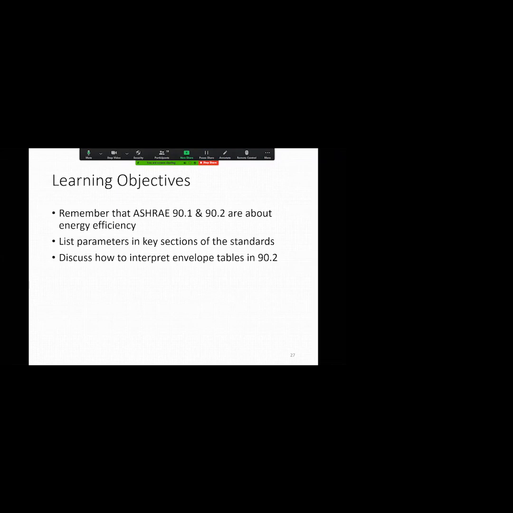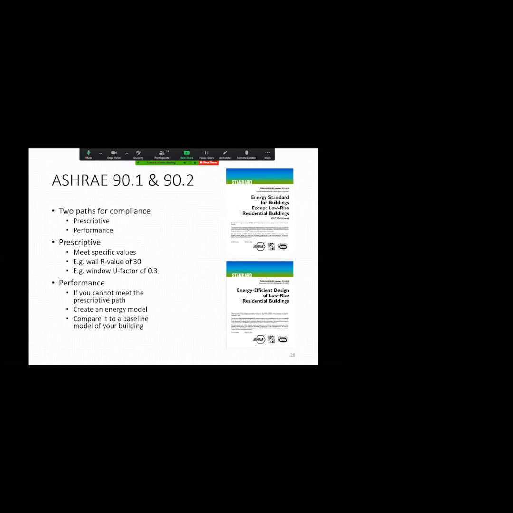So we've talked about some of these ASHRAE standards, 90.1 and 90.2. We remember that these are about energy efficiency. Another one of your quiz questions: list parameters in key sections of the standards. Discuss how to interpret envelope tables in 90.2. So in